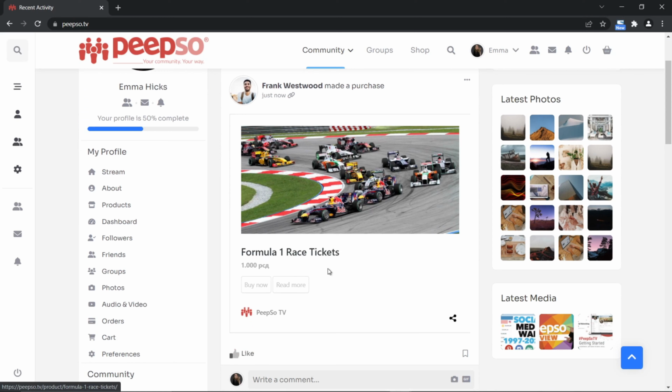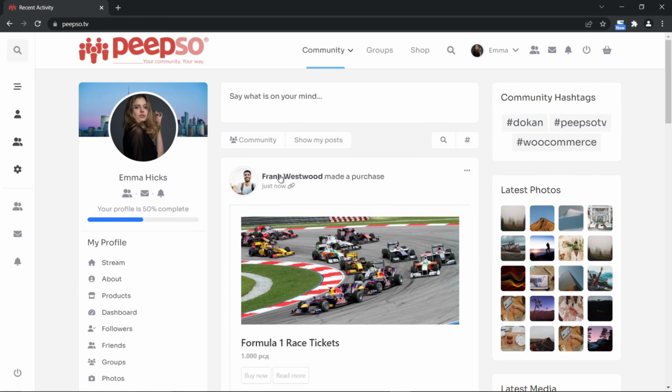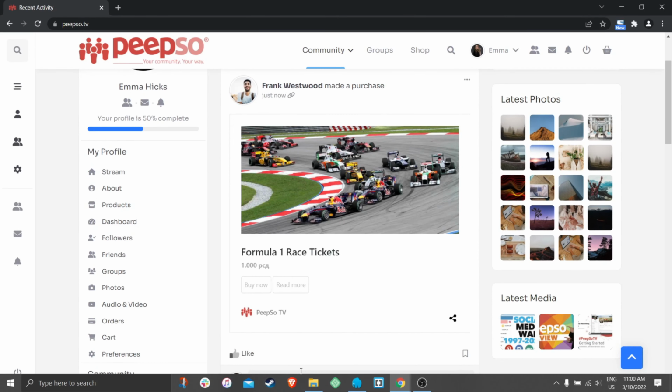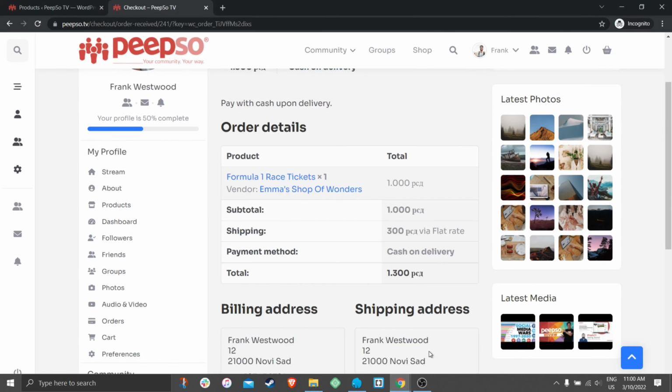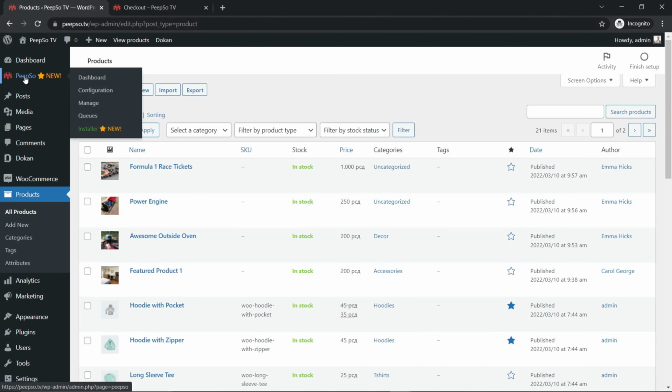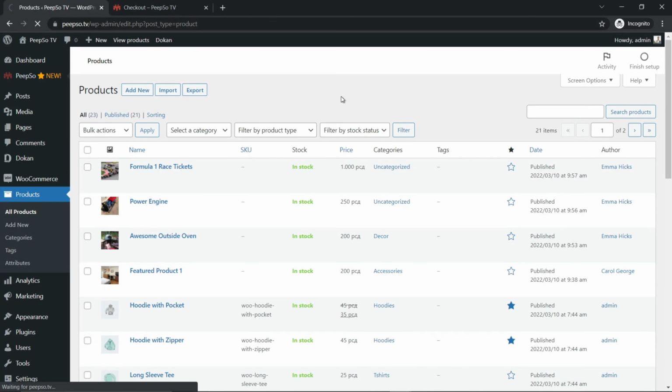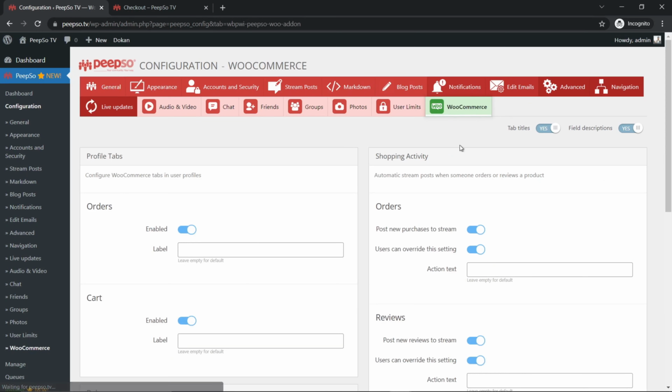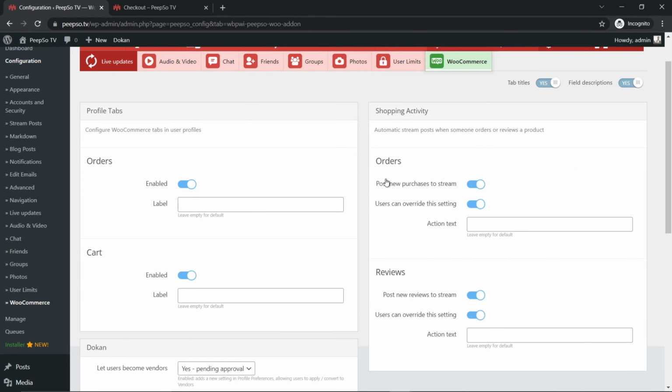Furthermore, an activity stream is created when, say, friend Westwood made a purchase. And that is simply because we have it set up like that in PeepSo configuration. Then WooCommerce and shopping activities are